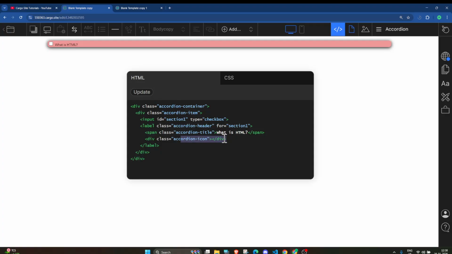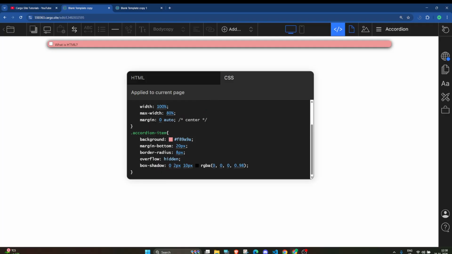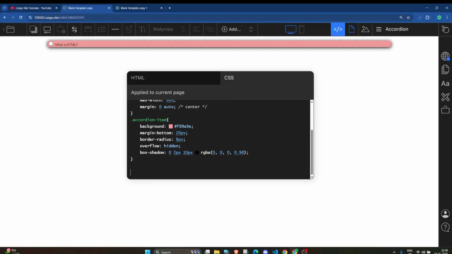Now you can see that this issue has been resolved. Now we are going to style this with CSS. So now simply go here, and first we are going to select this checkbox.